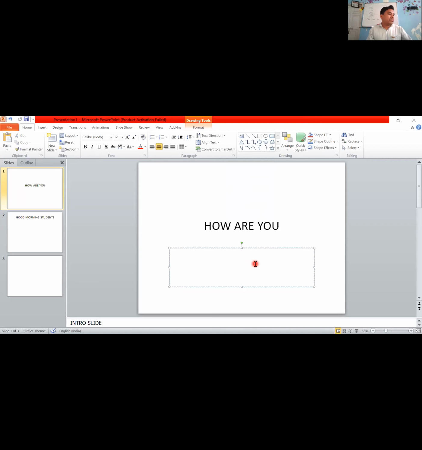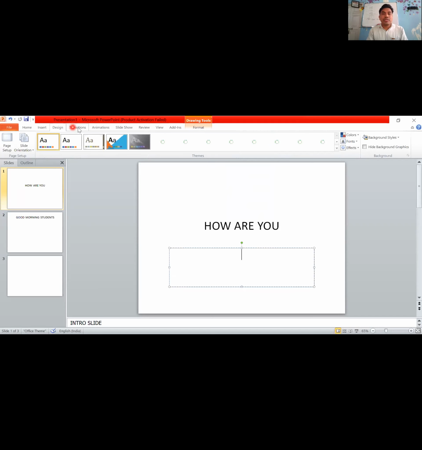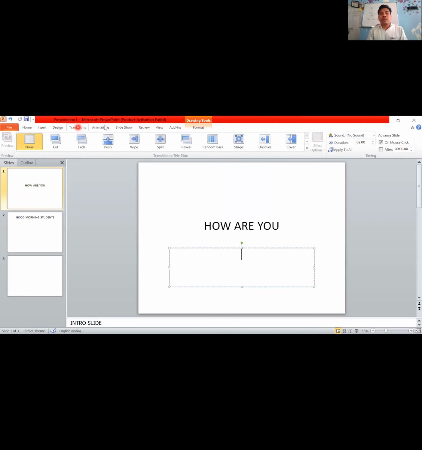All right, so now let us come to some of the tabs. You can see there some new tabs. Insert tab is there, design tab is there, transition is there. You can give some animation also. Let me show you some animation. It is a very interesting application. MS Word and MS Excel may feel boring after some time, but this MS presentation is very interesting.